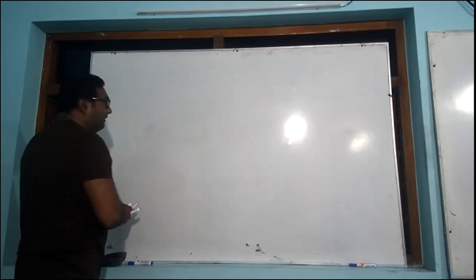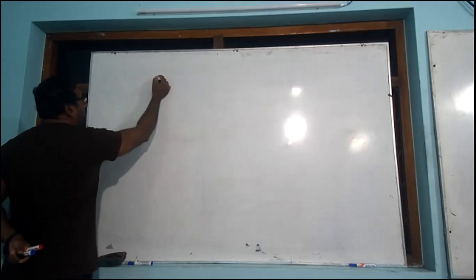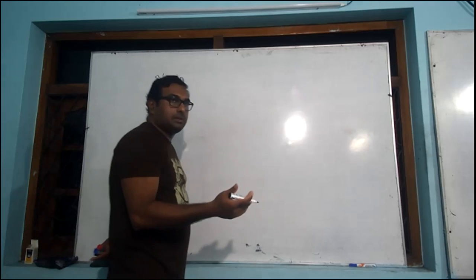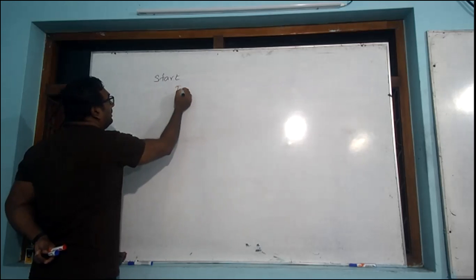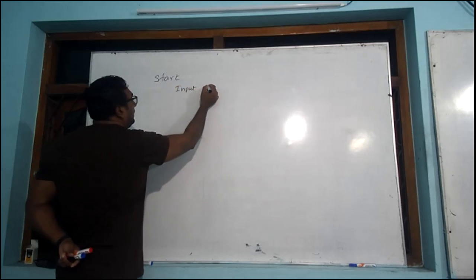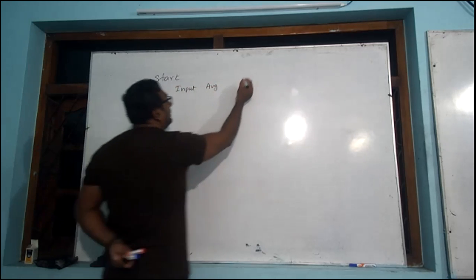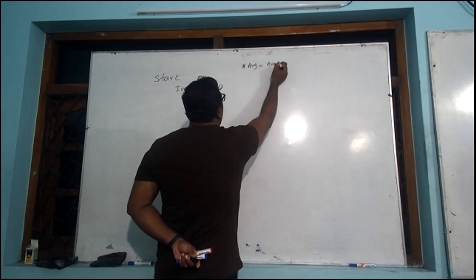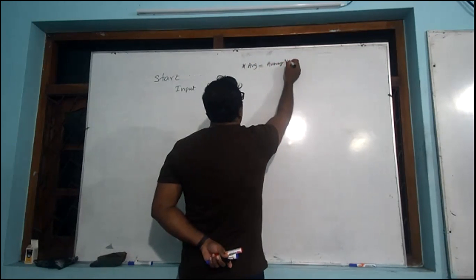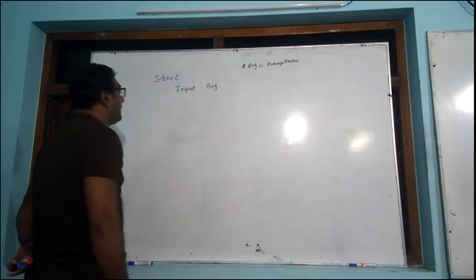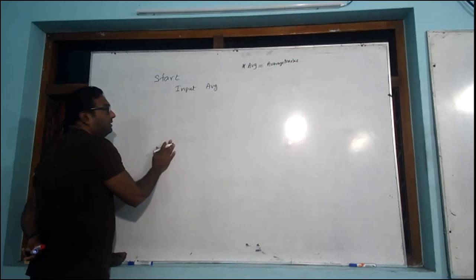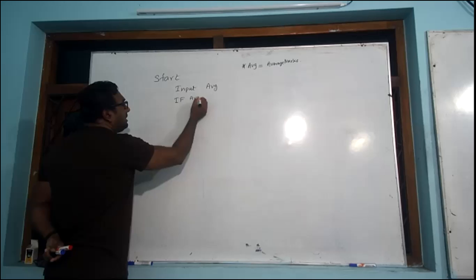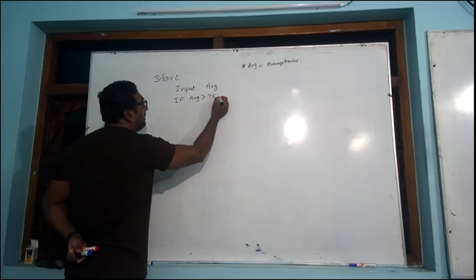So look here, what we have to do, as we have learned, we have to start. Then they have asked to input the average marks. So you are writing input. I'm taking AVG, so I'm writing here AVG is equal to average marks. After that, I'm going to check this one: if AVG greater than 75, then,